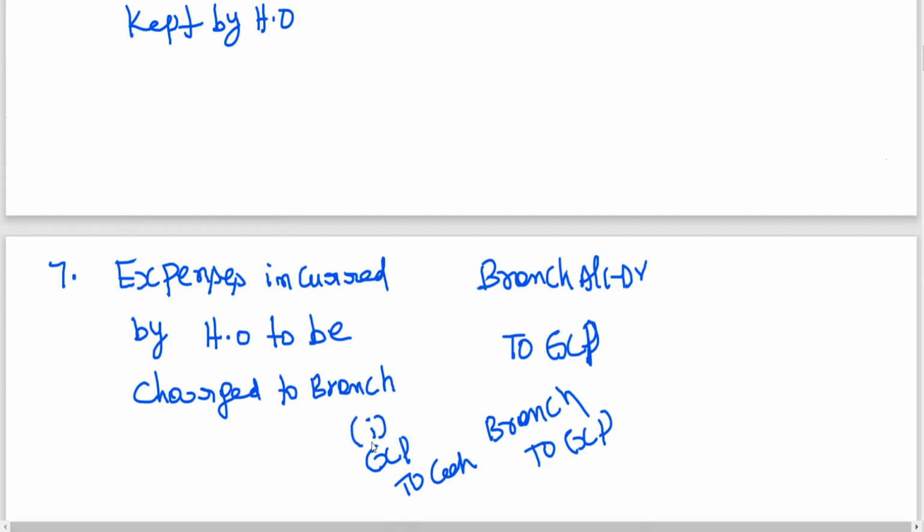First entry, head office will be writing expense to cash. Second entry, they are writing branch to expense. Expense part cancel, you also can write branch to cash also. Clear to all of you? So I am giving about which entry? Second entry. This is nothing but second entry of this one. Branch to expense.